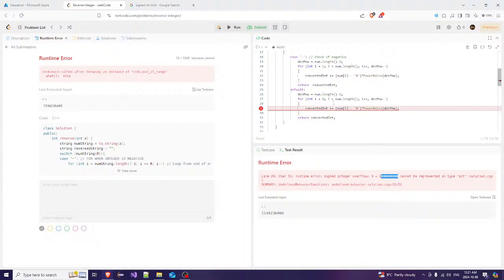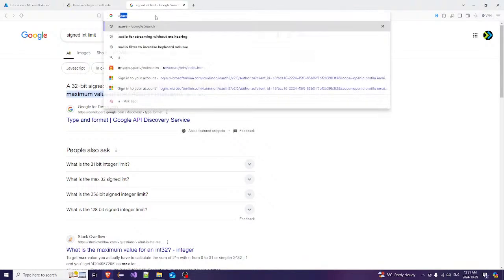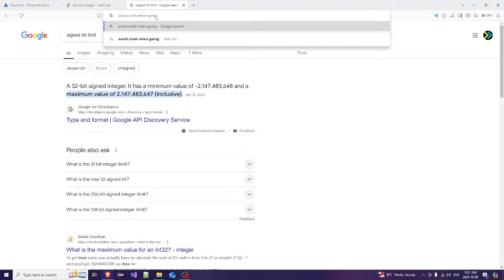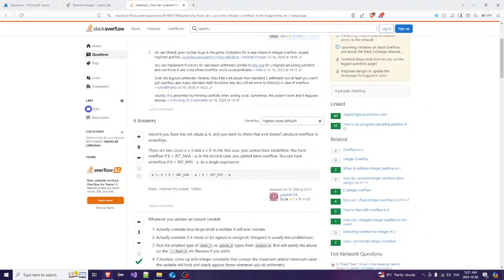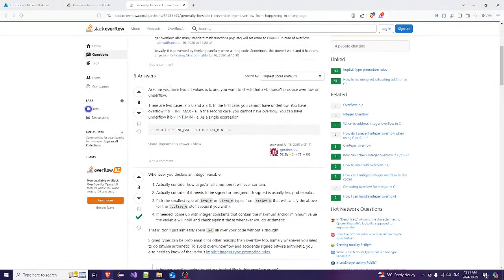So, avoid crash, two test cases. So if it's true, is it bigger or equal than 0? If it's true,